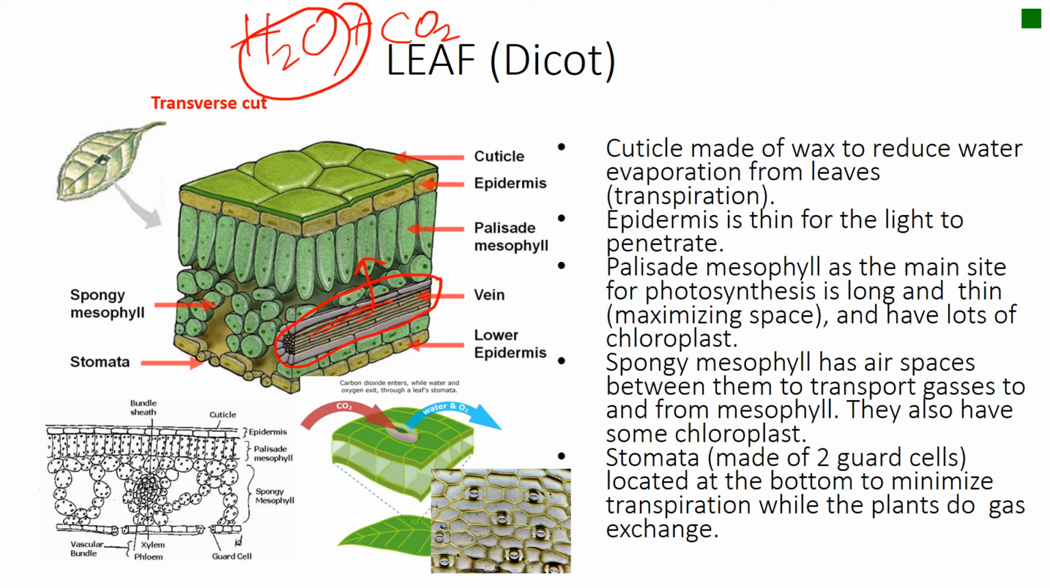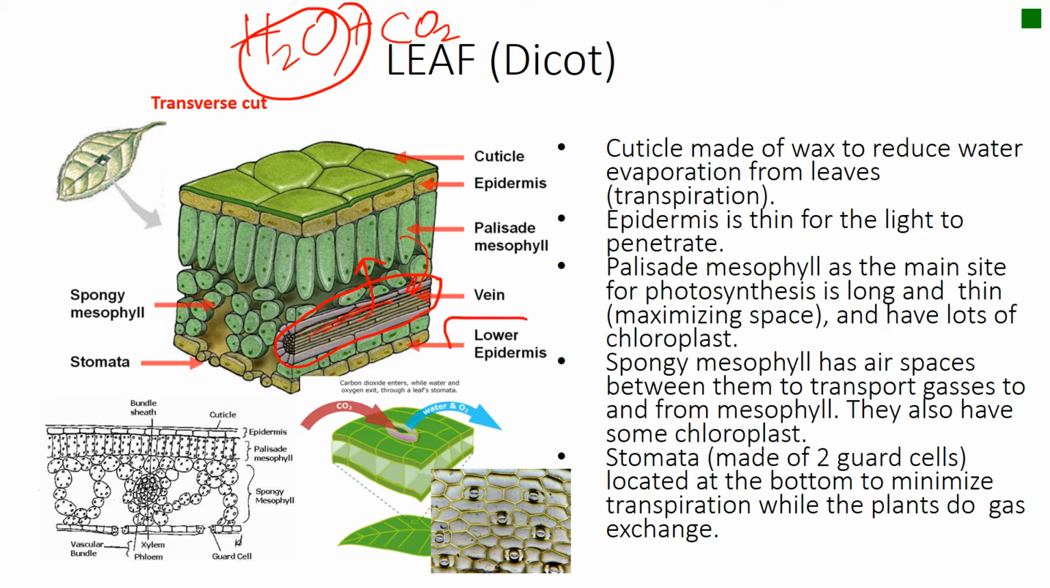Alright, so you can see from here, these are the xylem that can give the water to the palisade mesophyll, and at the end, after photosynthesis happens, the palisade mesophyll also will give the photosynthesis product, glucose, to the phloem to be transported. And then